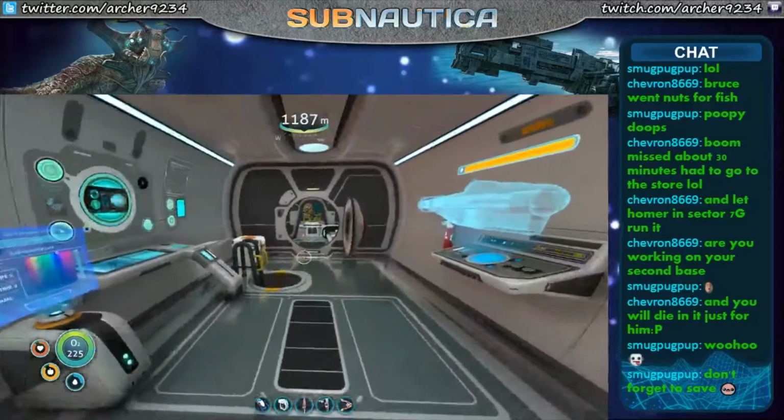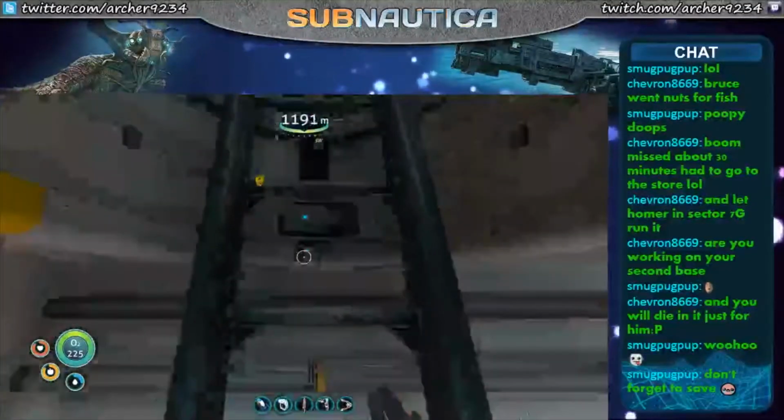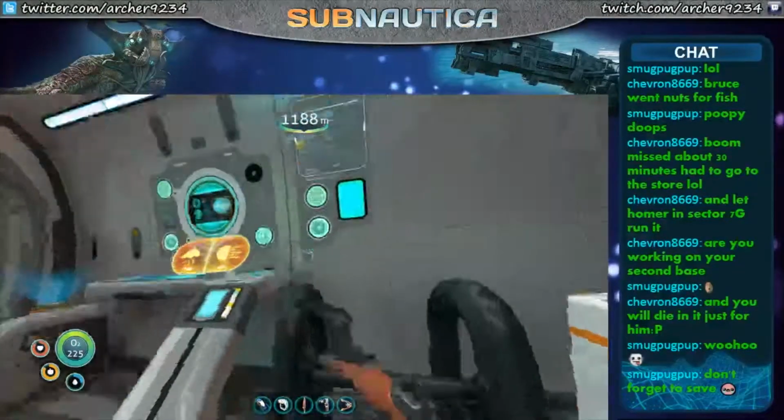59% power, okay. What I'm going to do is get the Prawn Suit out. I'm going to drill the Kyanite, but since I'm going to be stationary for a bit, I don't want to lose the Cyclops' power. So I'm going to deploy...